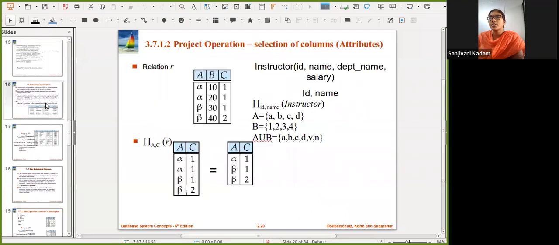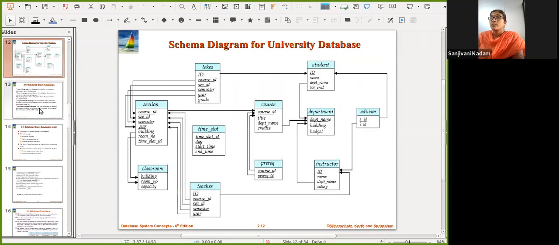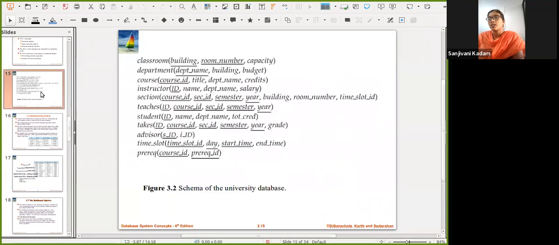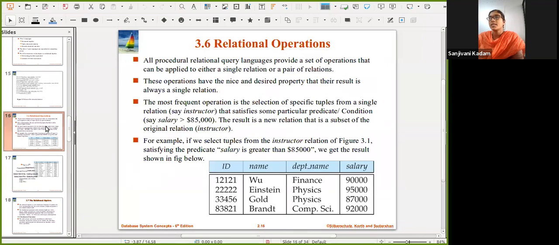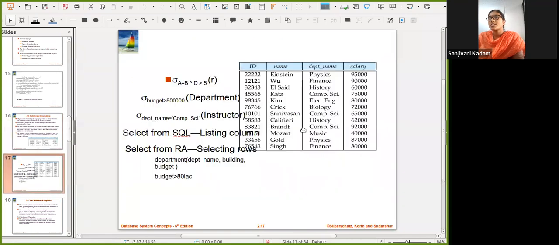Initially we have seen this is a schema diagram, this is a database schema. Then we started with the relational operations. First we studied the select operation. Select operation means we are passing some condition on a relation. The sigma sign is used to indicate a select operation, and to its base we pass our condition. A condition can be given by conditional operators such as equal, less than, greater than, not equal to, etc. We can also go for connectives.